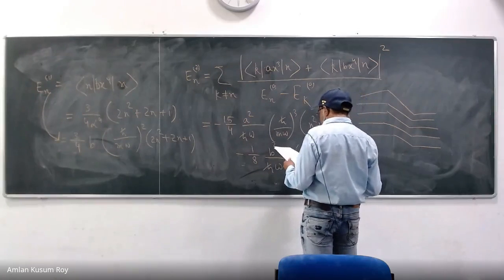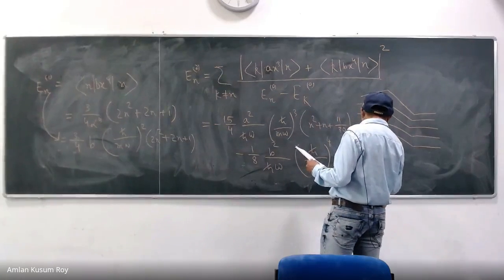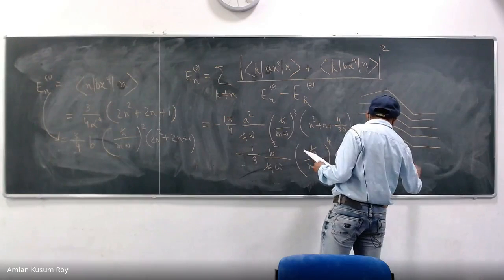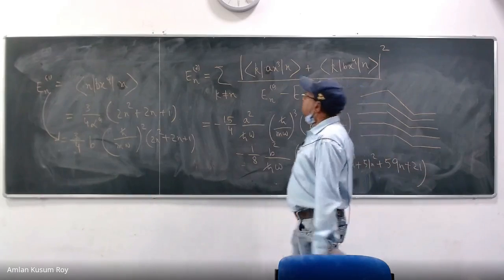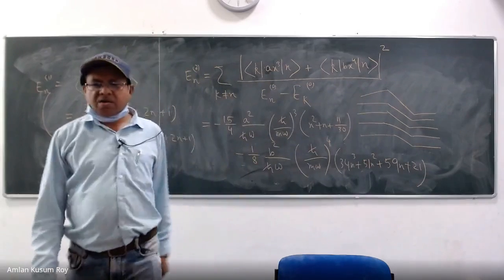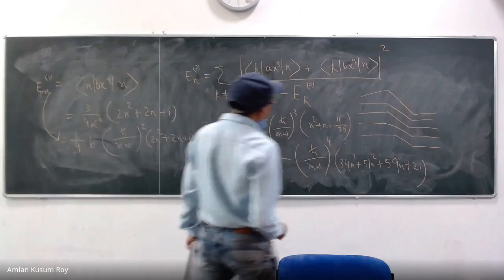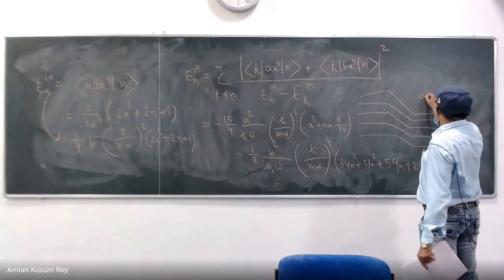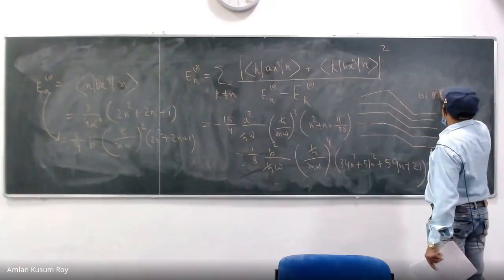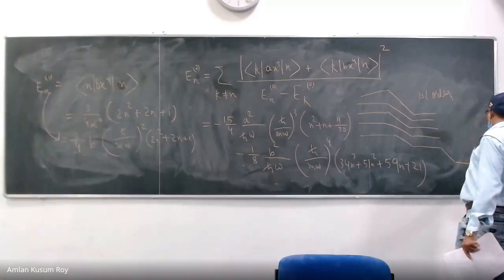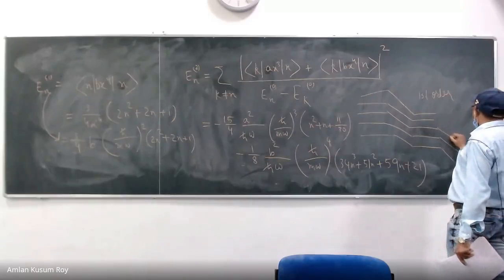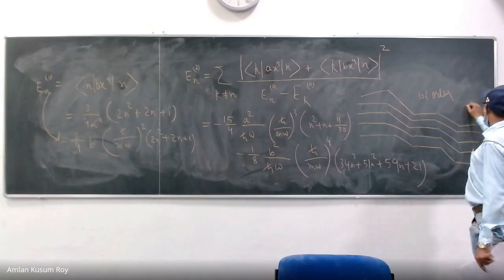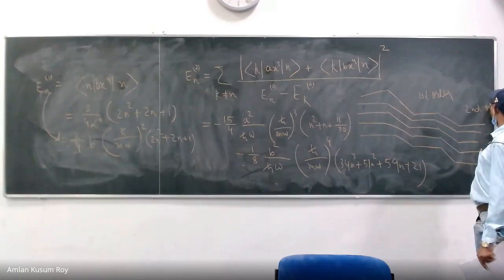This is the n index plus 51 n square plus 59 n plus 21. So you can do everything analytically. What does it mean? It means that if you use this expression for each n, so this is your first order correction, then you will apply the second order correction to the energy. For each state, you can actually get something like this. So this is your second order energy correction.